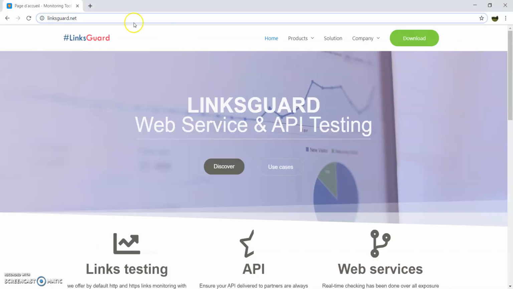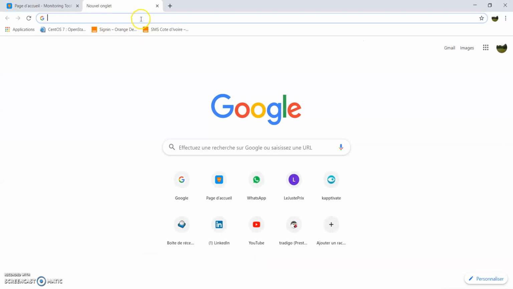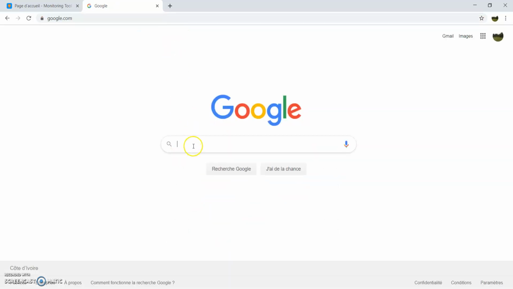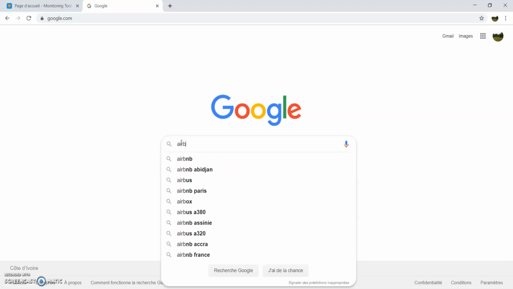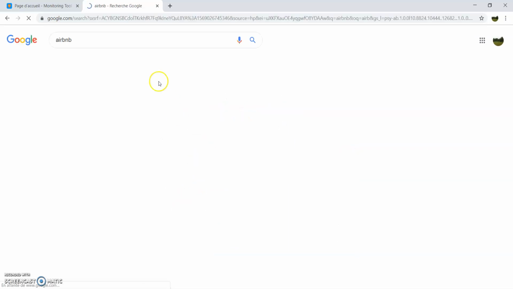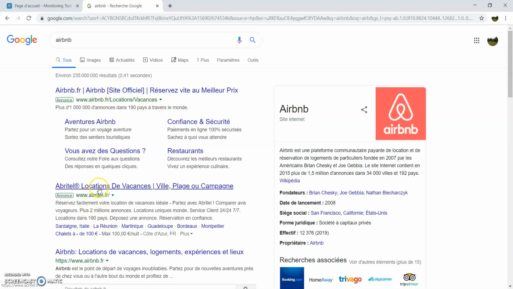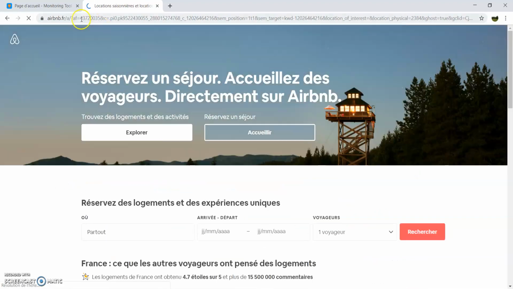Let's say I want to monitor, what can I use? Let's say Airbnb. We try to find the Airbnb website.